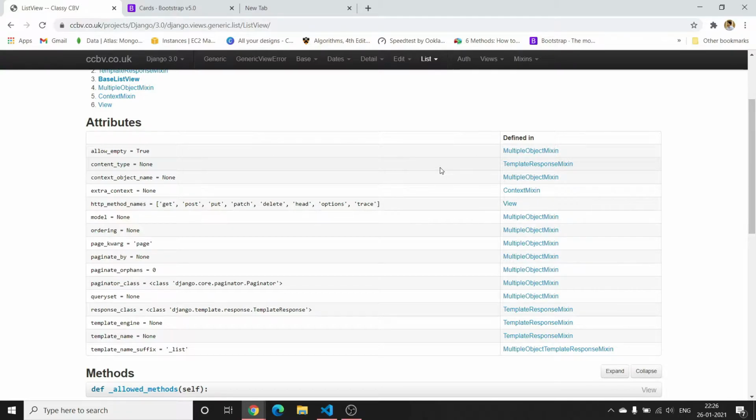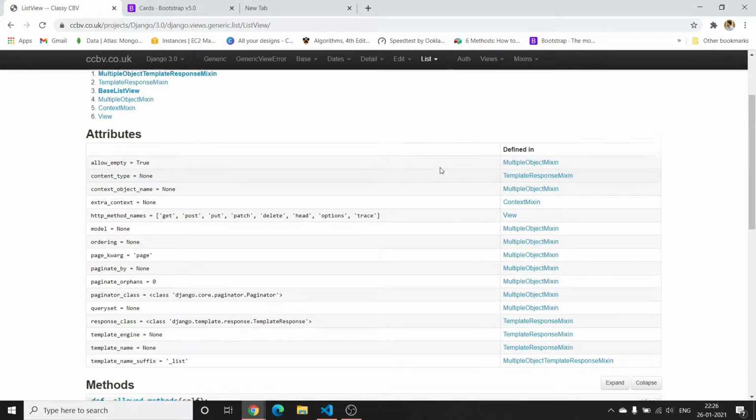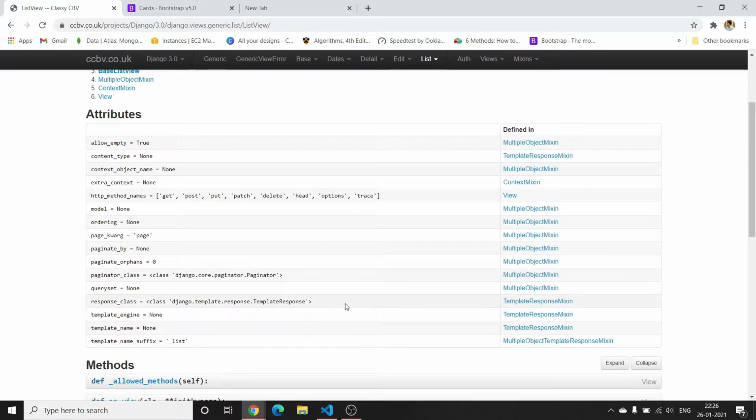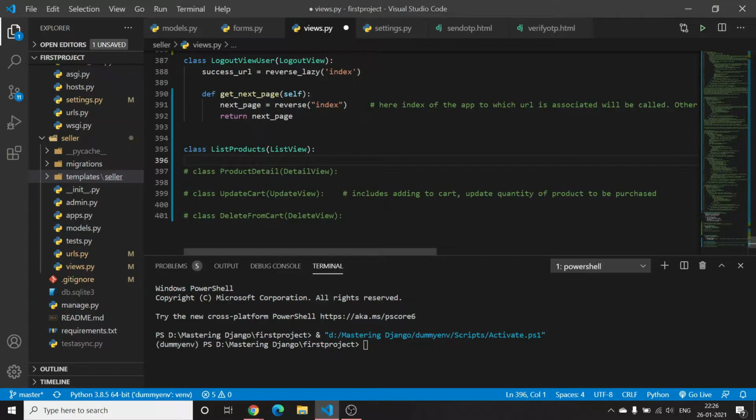Now let's see what is the correct flow. I have already explained template view and other views, how you have to take help from here and implement this in your Django project. But let's see here again so that it comes in your practice. We have to focus on certain things: here we have to list out all the products in the database, take all the records from the database and display them on the front side. We will pass all the products in a context data so that it can be displayed in the template which we are rendering in the front end.